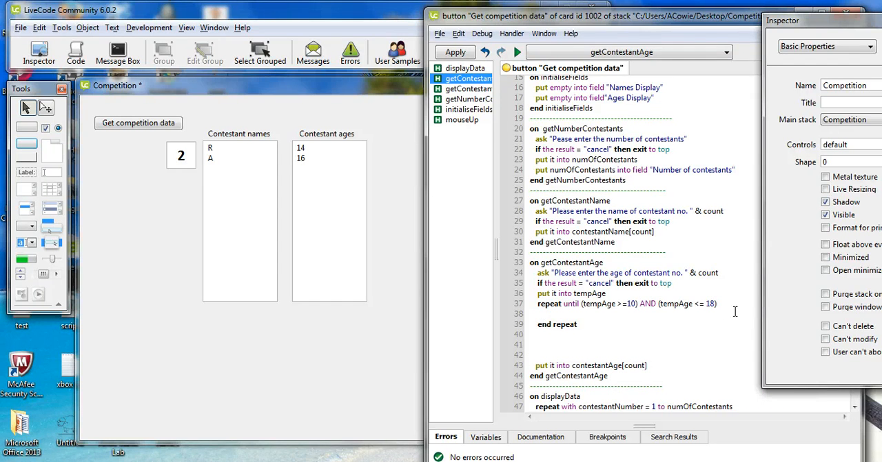And you'll notice as soon as I press enter I get the end of the repeat. So I'm assuming that if I've got inside that loop, then they've typed in something that's say 9 or 19 or maybe even 1 or 21. So the first thing I'm going to say is that they've typed in an invalid age. Let's tell them it must be between 10 and 18 inclusive. And then I'm going to get another